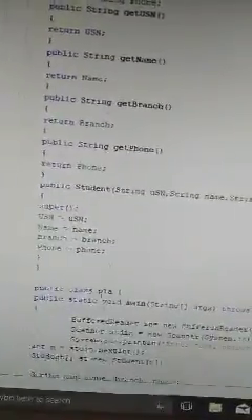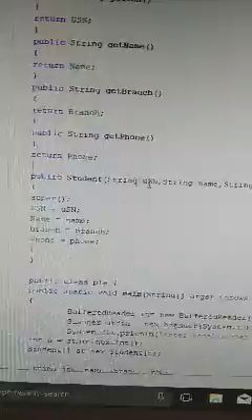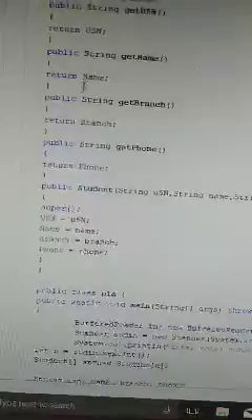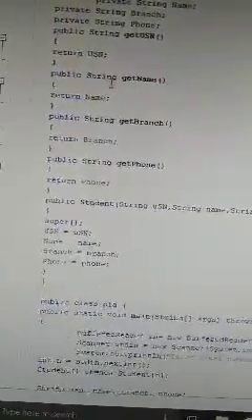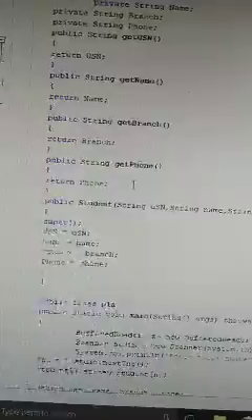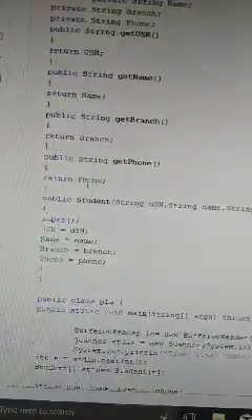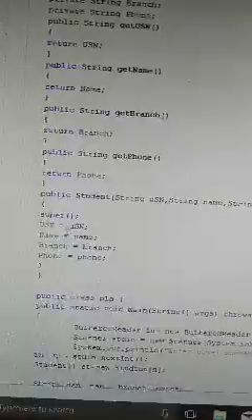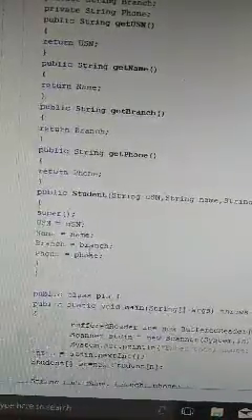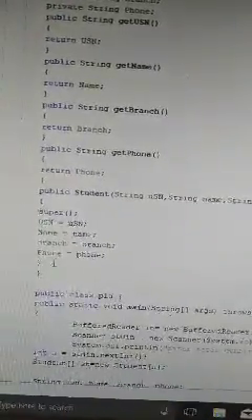Here the strings USN, name, branch and phone are assigned to the local variables: USN to USN, name to name, branch to branch, and phone number to phone.